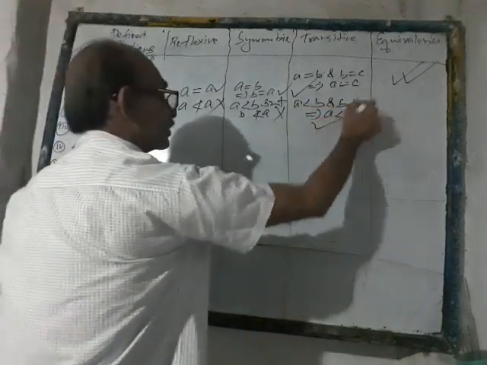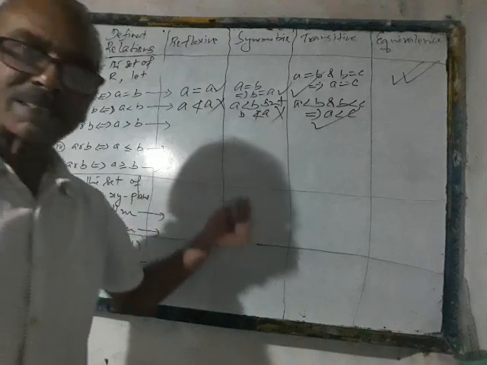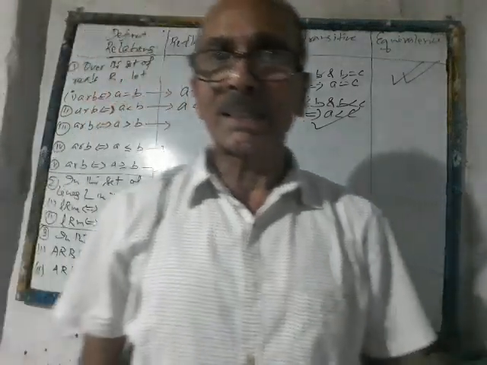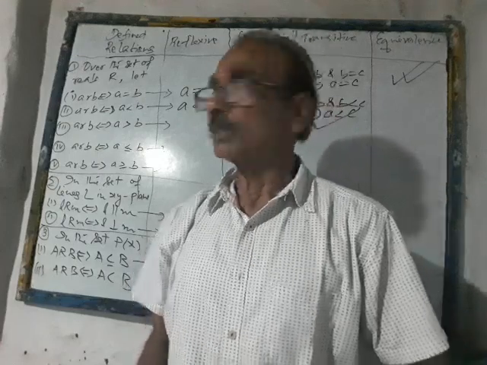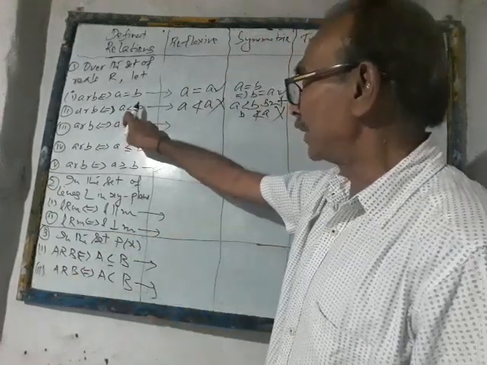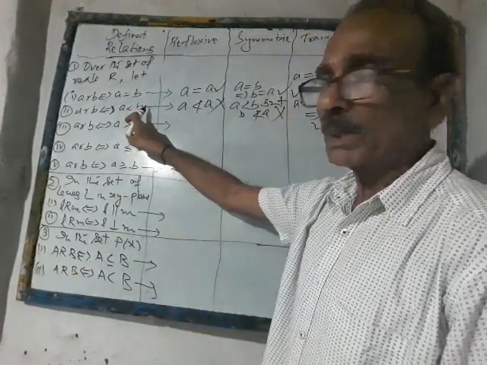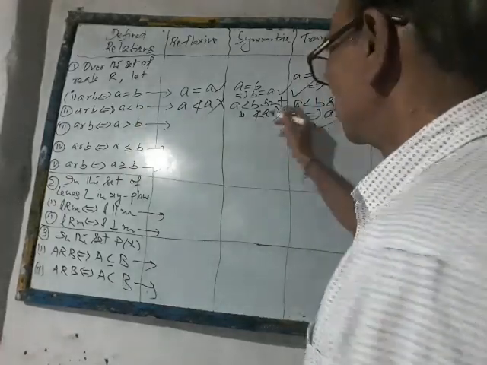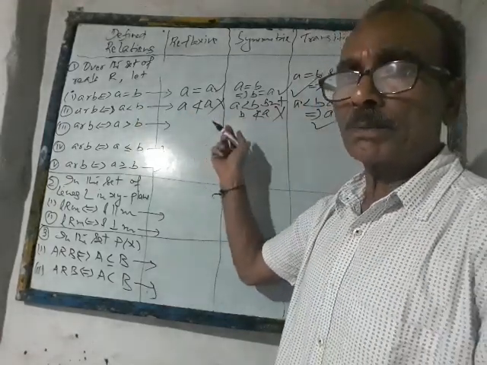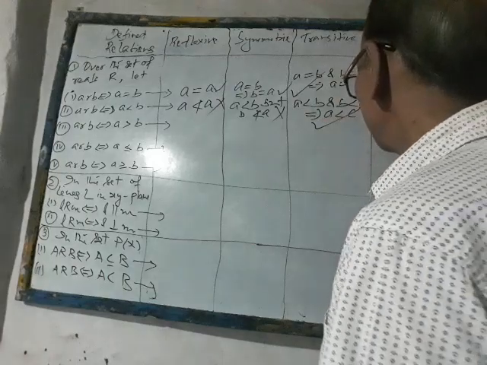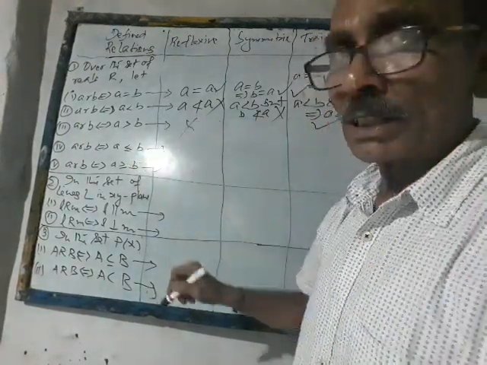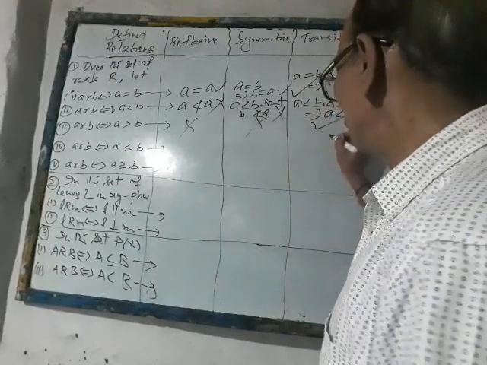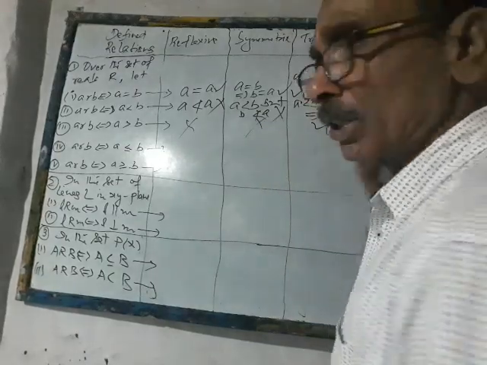So this is transitive. The relations of less than as well as greater than are neither reflexive nor symmetric, but both of them are transitive. So this is not reflexive, this is not symmetric, but this is transitive. And since it is neither reflexive nor symmetric, this is not an equivalence relation. What about greater than? The same explanation: neither reflexive nor symmetric, but transitive, and hence not an equivalence relation.